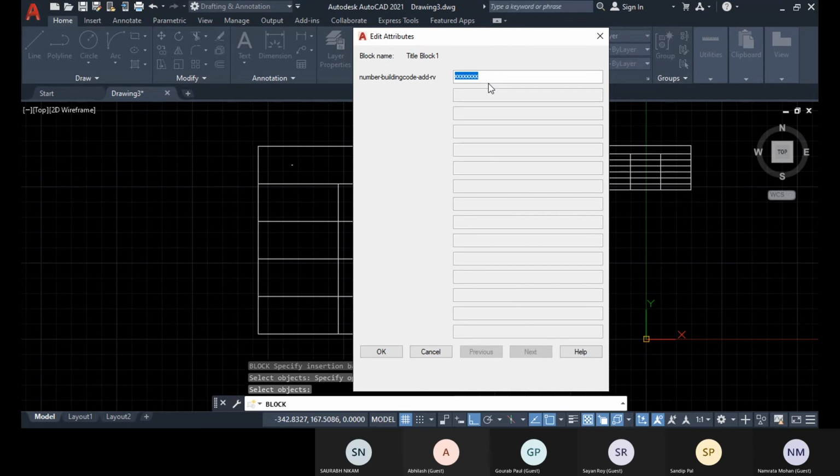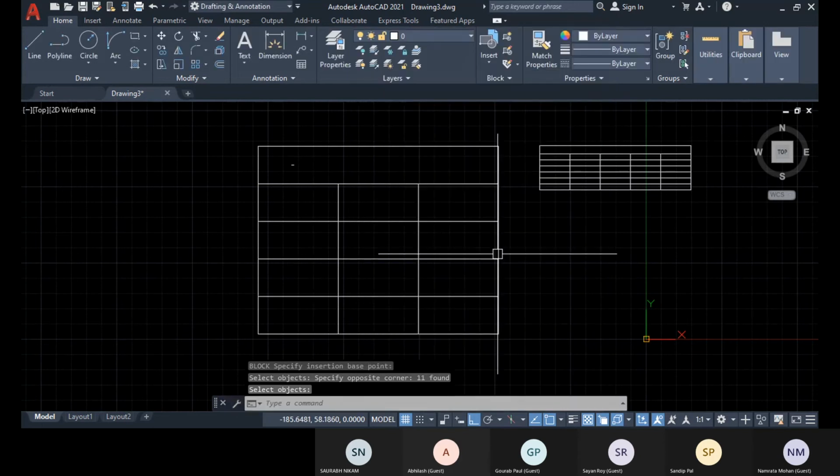So you go with the name 001 and the building code like A1 or A2, and then address India or whatever the address is, then revision RV01. Okay, so this way you are naming the project and click on OK.